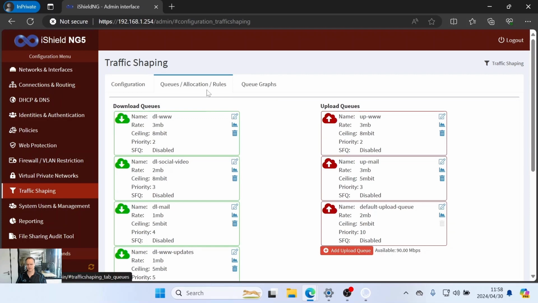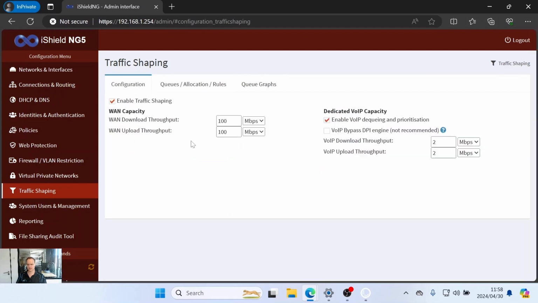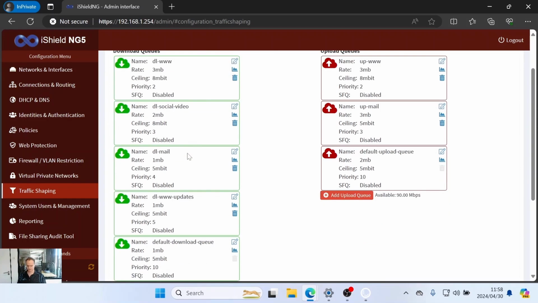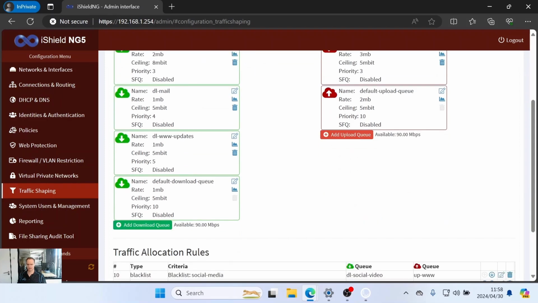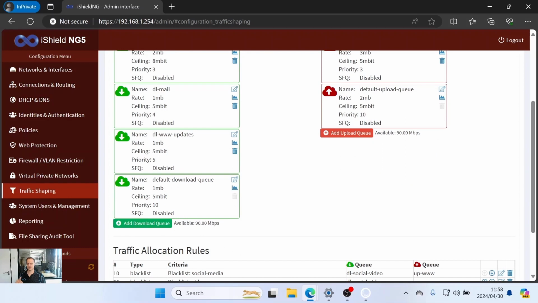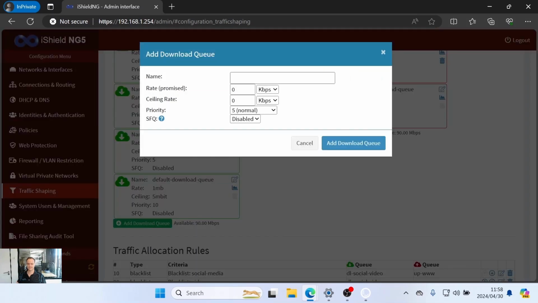Then we've got your queues and allocation rules. So after you've set your traffic shaping, you can go here and you can create queues that you want to use. So for instance, one speed mail needs to download, social media, download queue, and this basically takes off from that 100 meg that I just said. So if I add a new download queue, like you'll see that total uses 10, but if I add a new one and I say full speed,